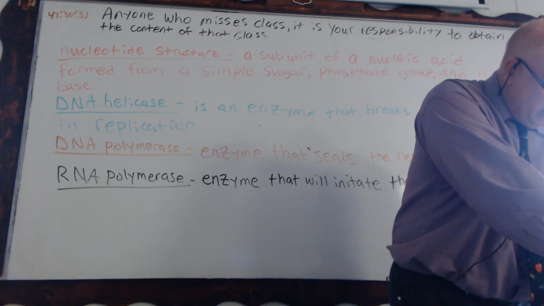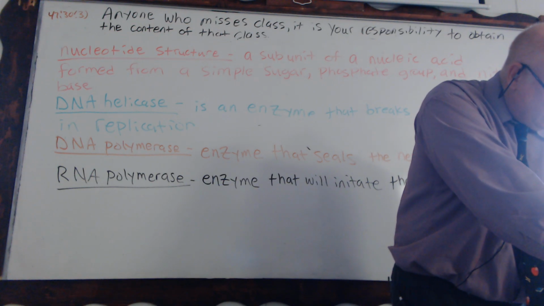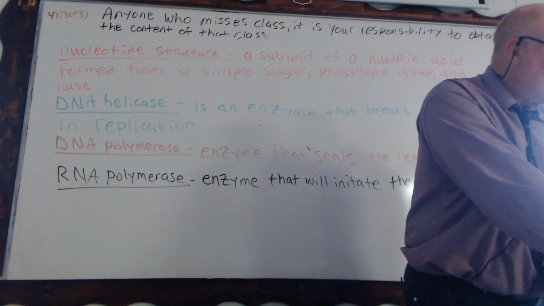Translation. Once the mRNA is synthesized and processed, it moves to the ribosome in eukaryotes. Okay? This means that the messenger RNA must leave the nucleus and enter the cytoplasm. Once in the cytoplasm,